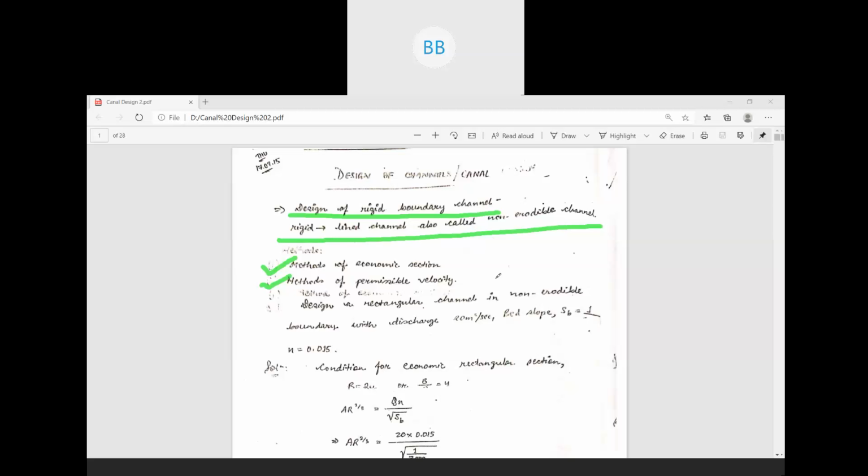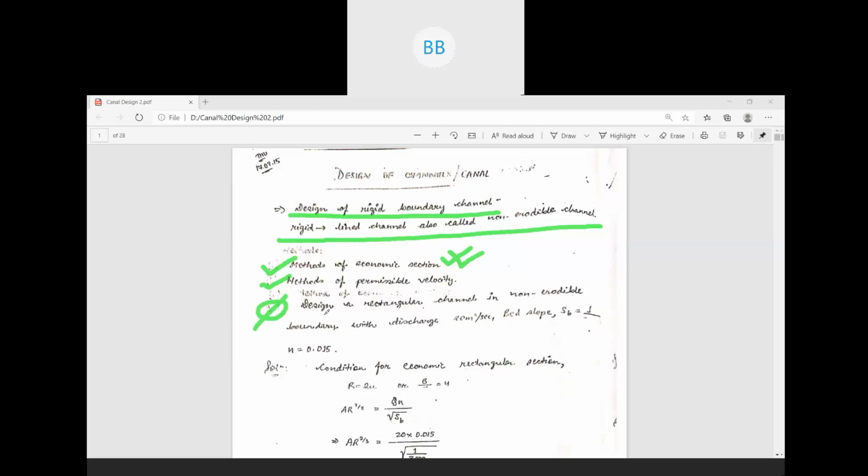Okay, so the method of economic section we have already studied. You have also studied it in the third or fourth semester in the hydraulics paper, fluid mechanics and hydraulic machines. To design that particular channel, if we use the economic condition, then that method is called economic section. Okay, suppose for that particular question,